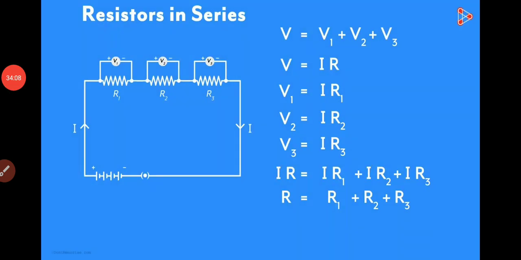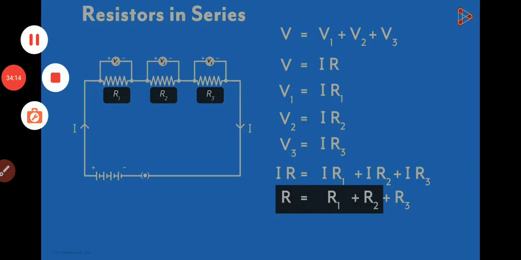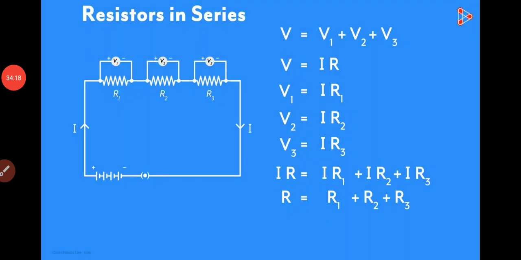What did we just get? When two or more resistors are connected in series, the overall combined resistance R is the sum of the individual resistances. Now you understand why the resistance increases